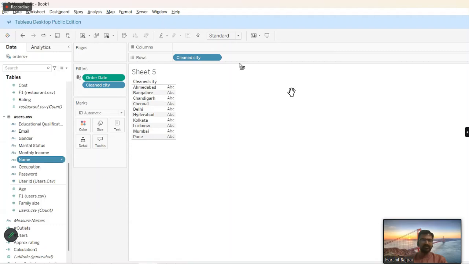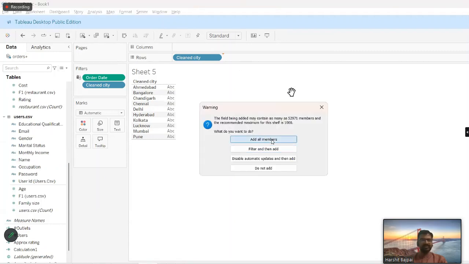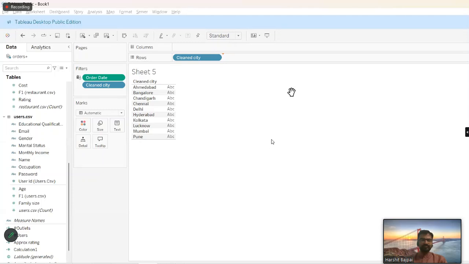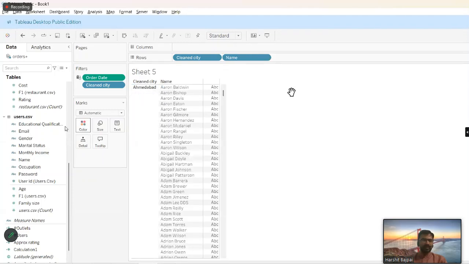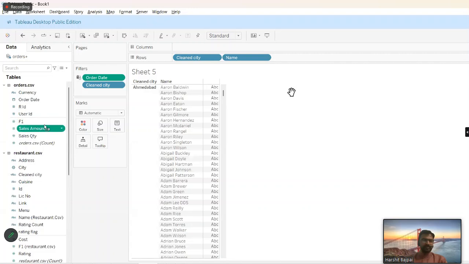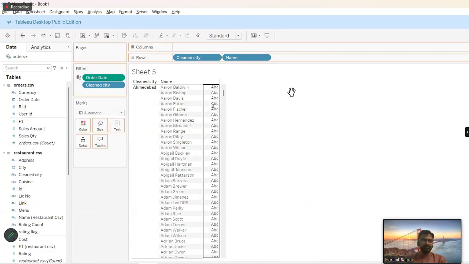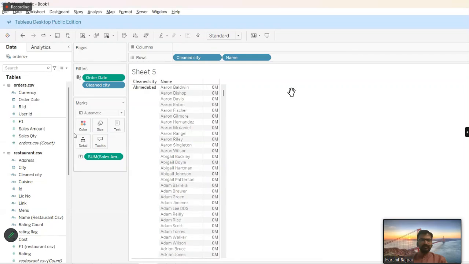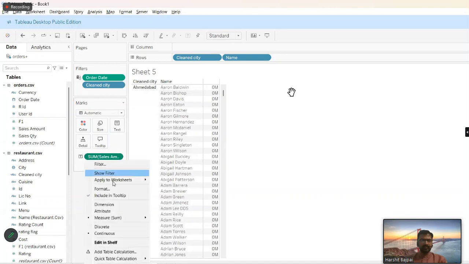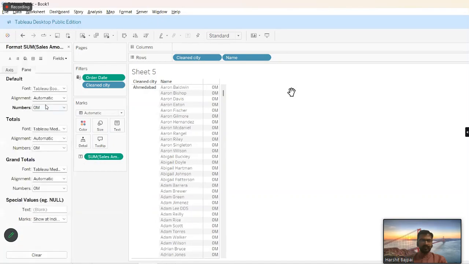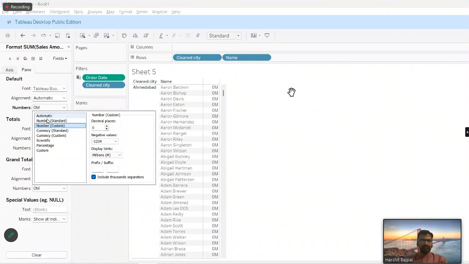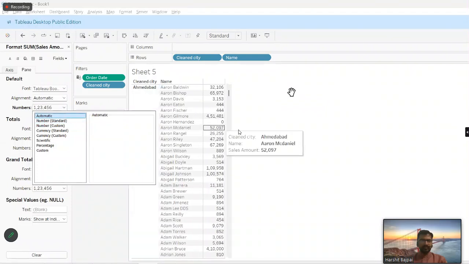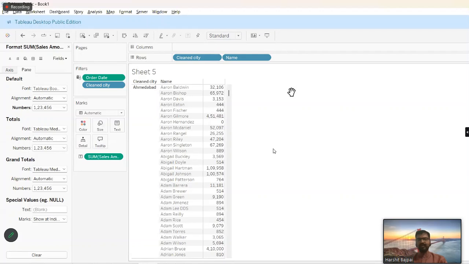I'll put username beside, for example, let us add all members. I'll also put the sales amount. Now,